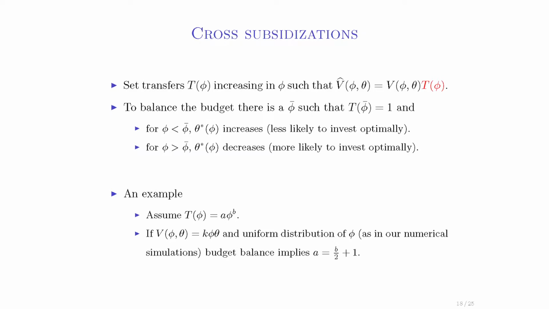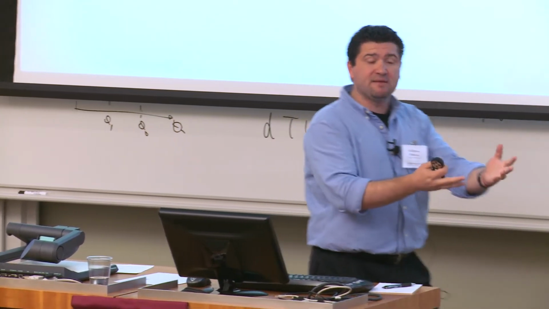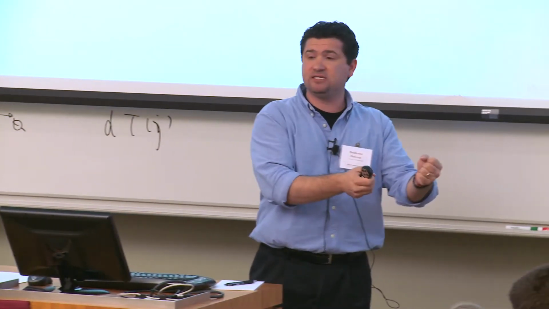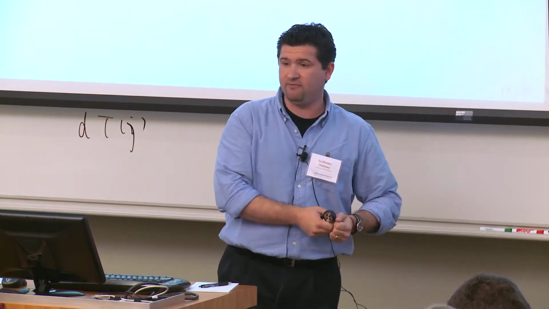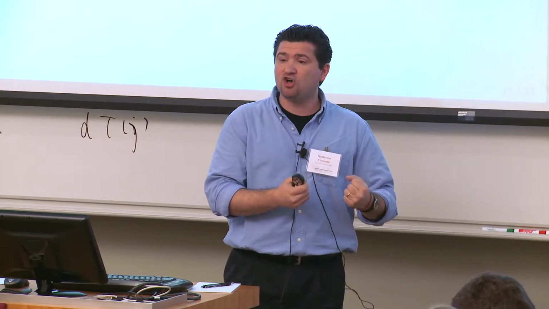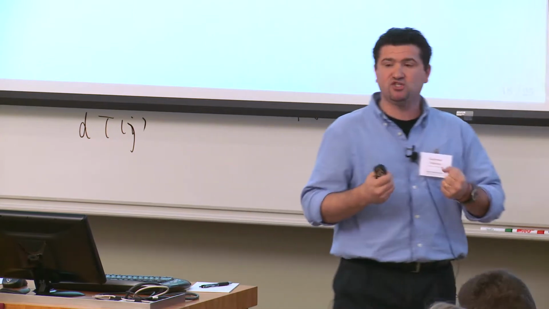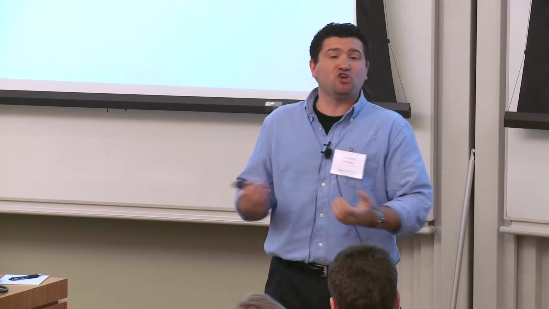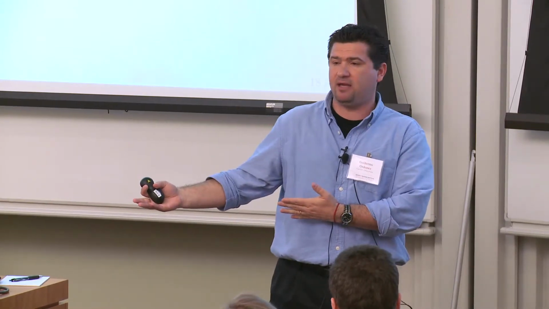Okay? So there's going to be some reputation bar above which you're going to subsidize, below which you're going to tax. Now, for all those banks that you end up taxing, the ones with low reputation, if they were participating in shadow banking, they would have less incentive to behave. When you subsidize the banks with high reputation, if they were participating in shadow banking, they would have more incentive to behave. But this is a good policy because you don't care that much about reducing the incentives of the bad banks, or those with low reputation, to participate in shadow banking, because in any case they select into traditional banking.